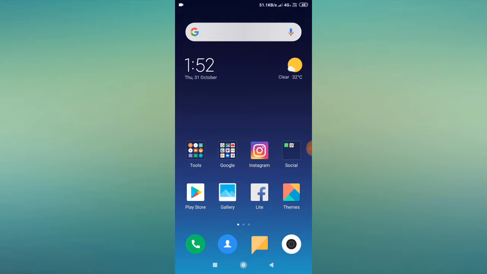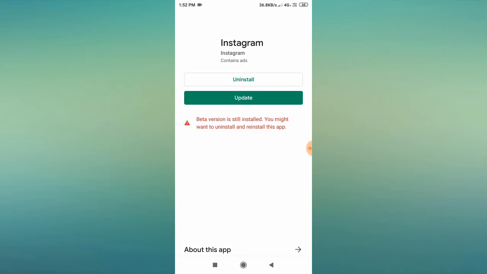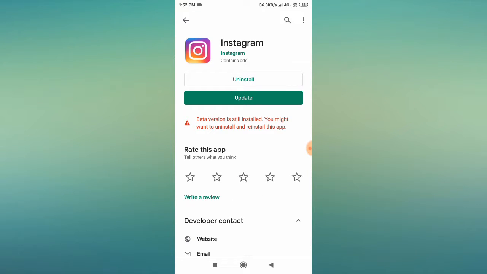So guys, the very first thing you have to do is go to your Play Store account, and then from here search Instagram. After searching Instagram, if it is asking you for an update, then just update your application. Now what happens is,